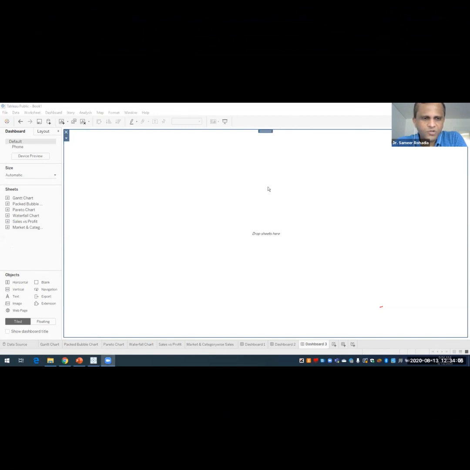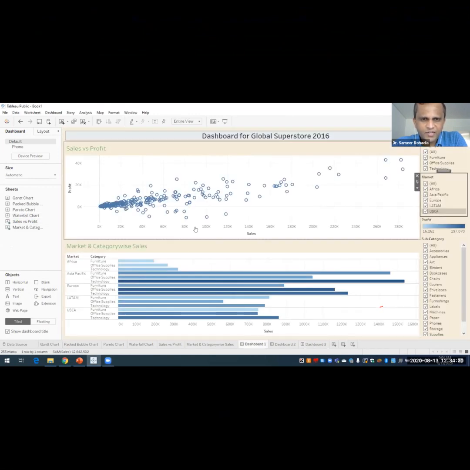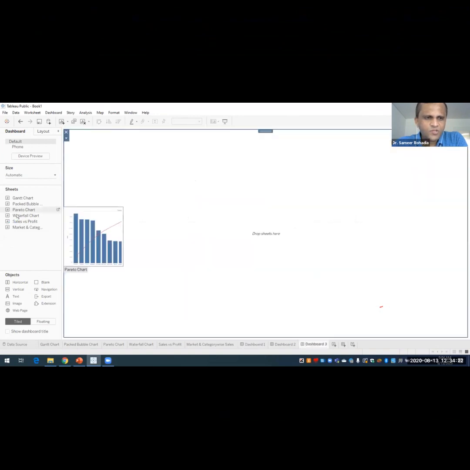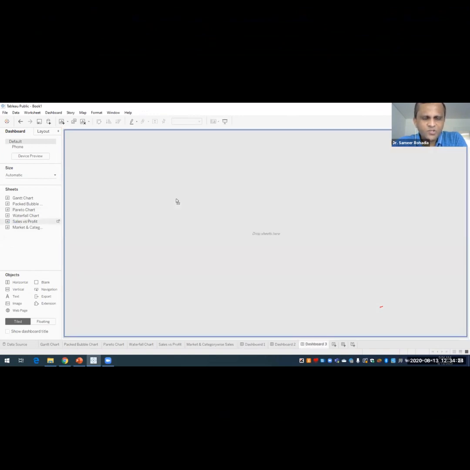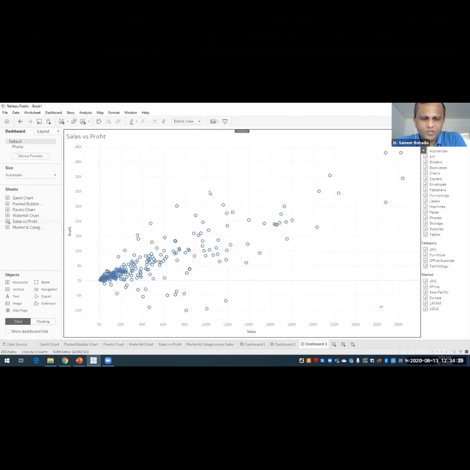I'll come back to this point. Now I select the same charts which we used in dashboard 1. First we drag the sales versus profit over here, and we keep the tiled option only. Now we select the second one, that is market and category wise.